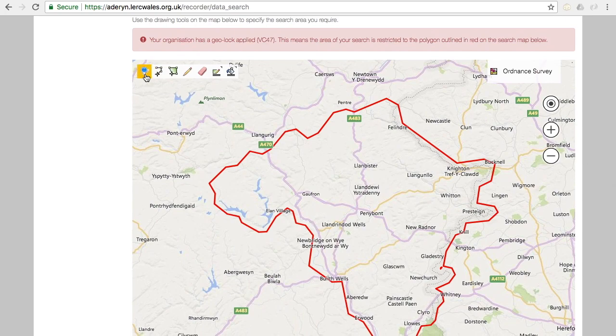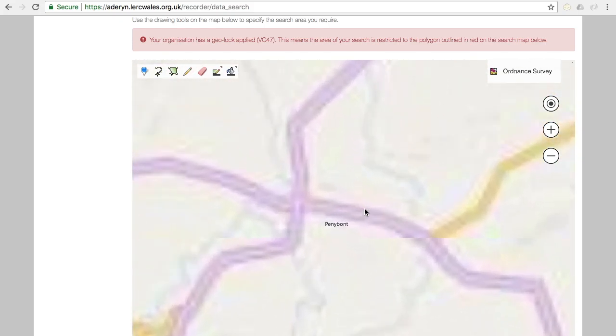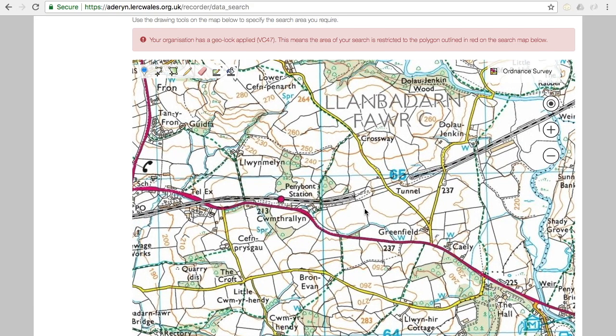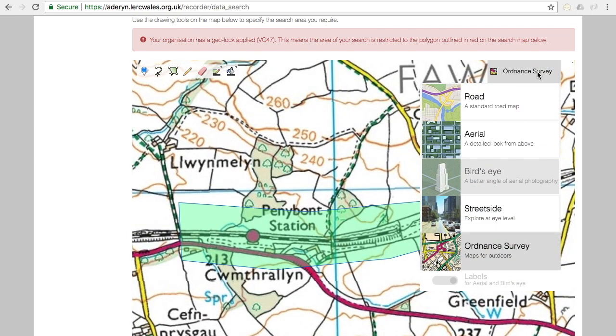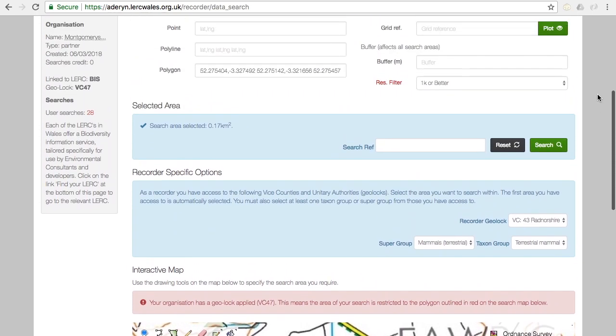So you'll see here the point tool, the polyline tool, the polygon tool. For instance, let's assume we want to search around a little area somewhere in the middle here. I'm just going to randomly select an area, click on the polygon tool, and maybe search a little bit along this railway line. I'm going to click here and draw a polygon that goes some distance along this railway line. Double click to finish, and then click the finish button to confirm it and to load that polygon into